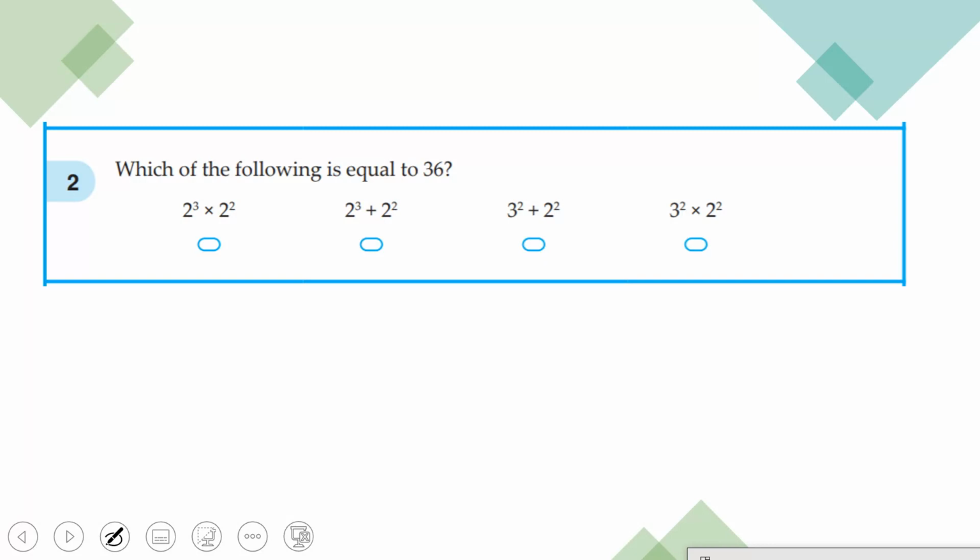Which of the following is equal to 3 to the power of 6? Just always try to remember that the exponent, so the 3, is always going to be 1 greater than the number of multiplication signs. So 2 times 2 times 2, 2 multiplication signs, there's 3 lots of 2. 2 times 2 times 2 equals 8. So that's that one. 2 times 2,